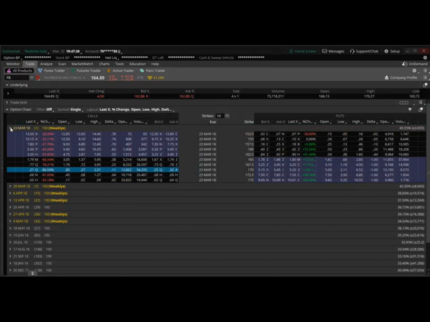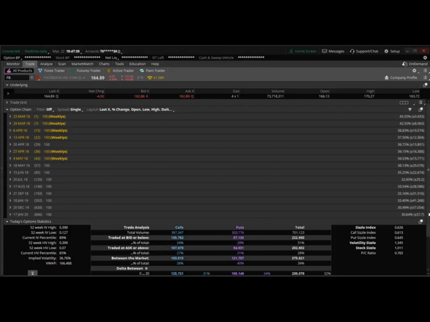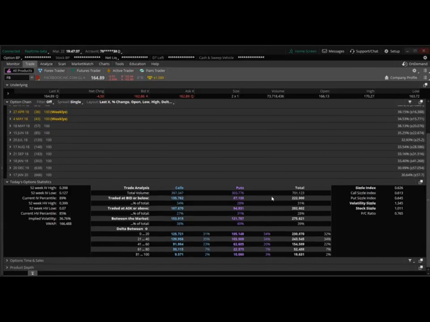Another feature of the options chain that I use, if you scroll to the bottom, is today's statistics. This allows me to see how many people are buying calls and puts. So right now I know there is an equilibrium between the people buying calls and puts on Facebook. If I would have put in another stock such as the SPY, I'd